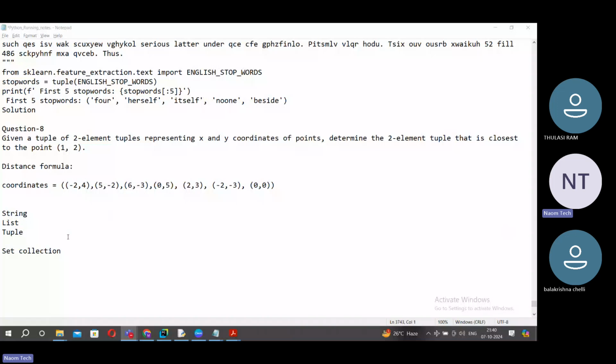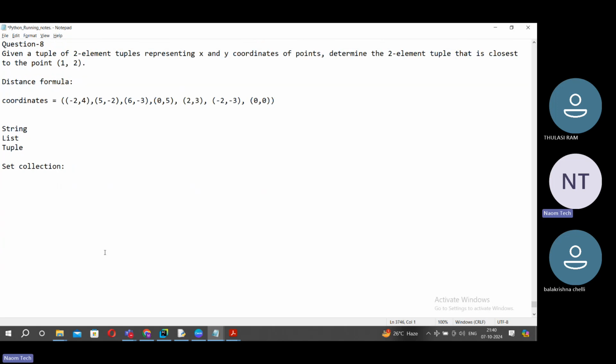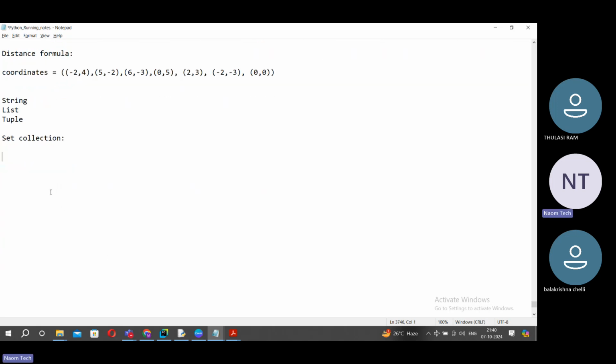We did a number of projects on all these: string, list, and tuple. So today we'll talk about set collection. We'll see what a set is, what methods are there in set, how to create a set, and how to work with a set. All the basics that are needed to implement set. Let's do that now. The first thing is